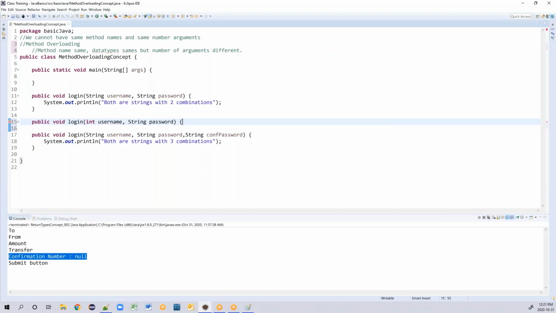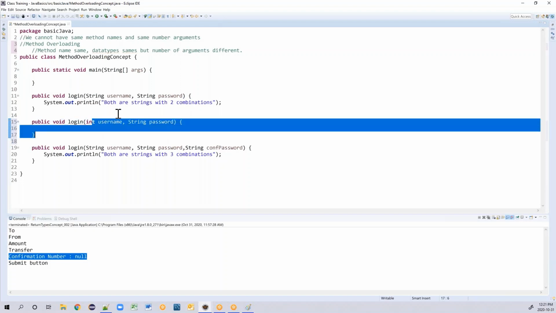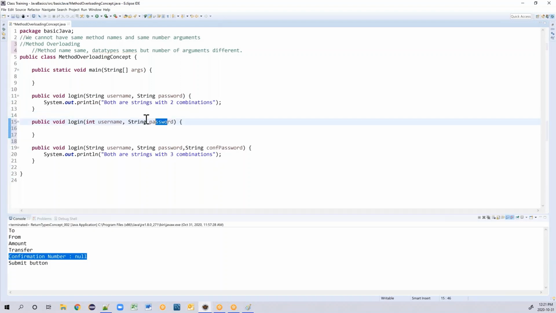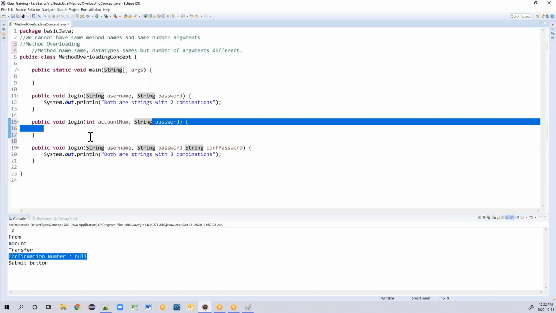I'm talking about an account number and password. Account number is an integer, but password is a string.